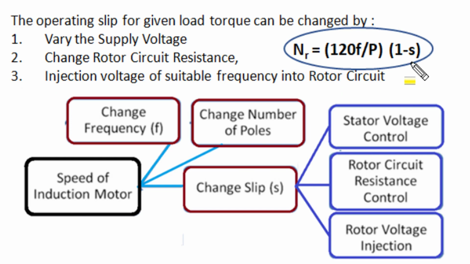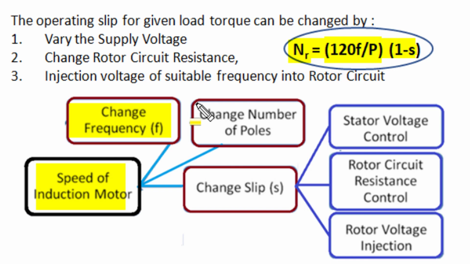In this blue ellipse, the rotating speed of the induction motor rotor in RPM is related to the synchronous speed of the rotating magnetic field and the operating slip of the motor by this yellow highlighted relationship. This relation clearly indicates that we can control the speed of an induction motor by controlling the synchronous speed of the rotating magnetic field, and that can be controlled by changing the supply frequency given to the stator winding, or we can have a specially designed stator of an induction motor